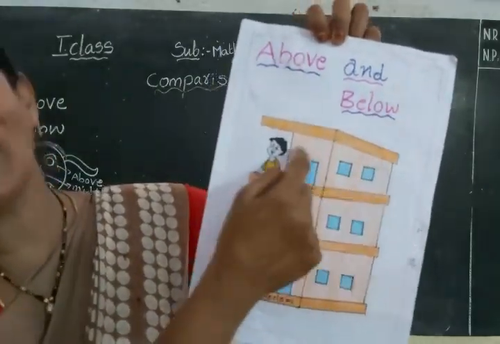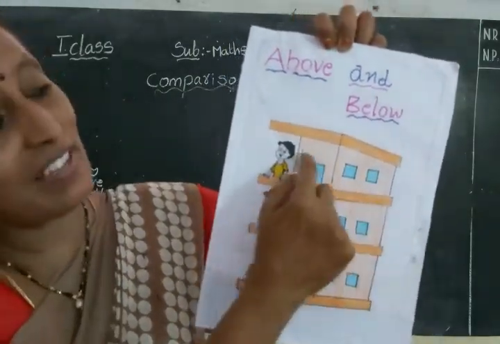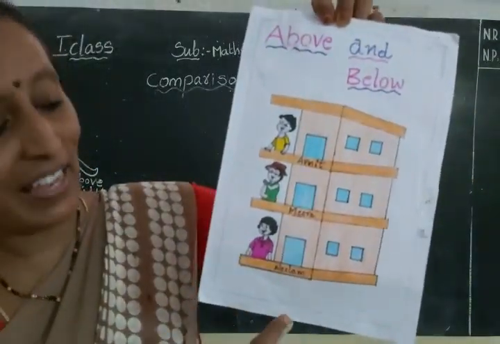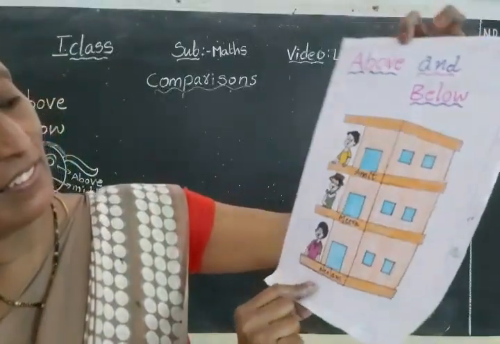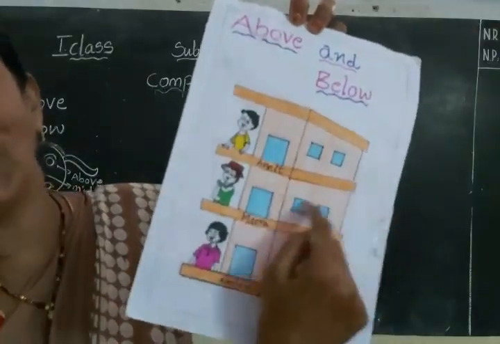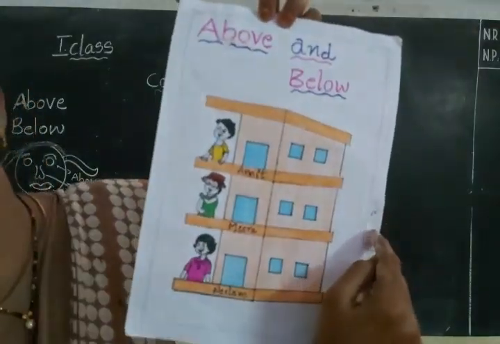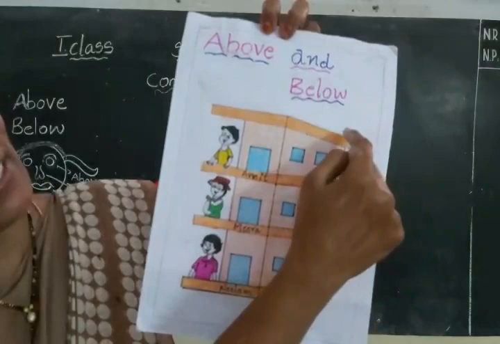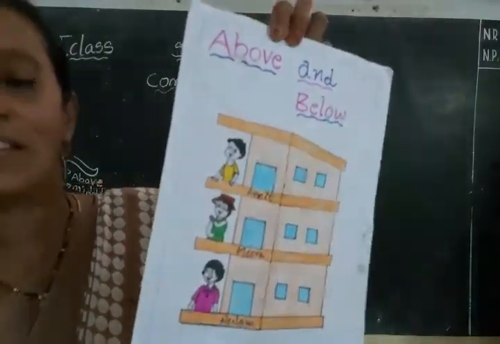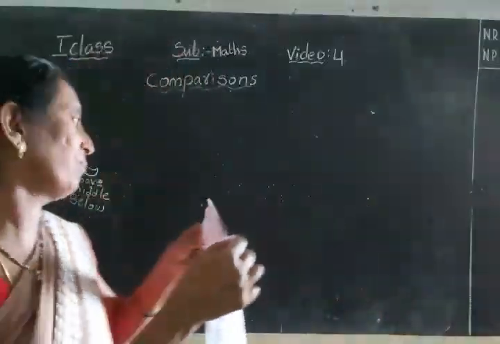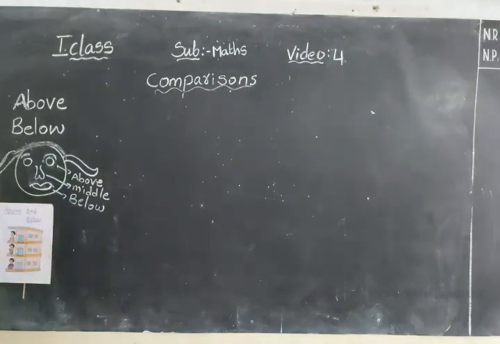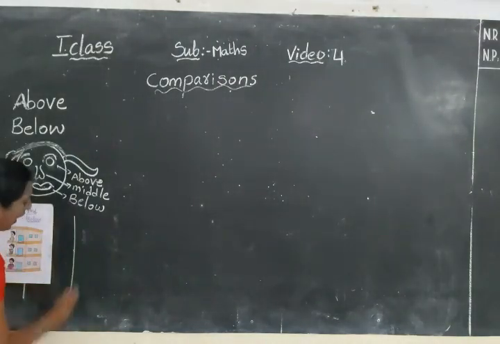Neelam kanna paina flat lo Amit lives. This is the above. And who lives in the below flat? Neelam. This is Meera in the middle flat. Meera lives in the middle flat. The above flat Amit lives and the below flat who lives? Neelam lives. This is the above and below. See here, I'll draw one flat here.